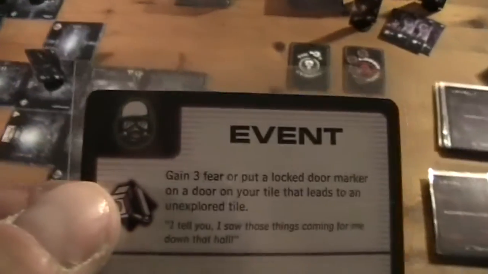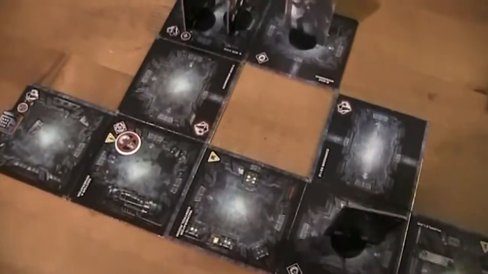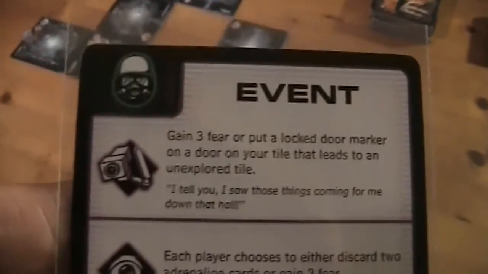Okay. And now I'm gonna draw an event card again. And we have to spawn a guard. So we have guard number 1 and number 2 on the board. So guard number 3 is now spawned on the closest control room, security room, which is obviously this one here. Okay, and then